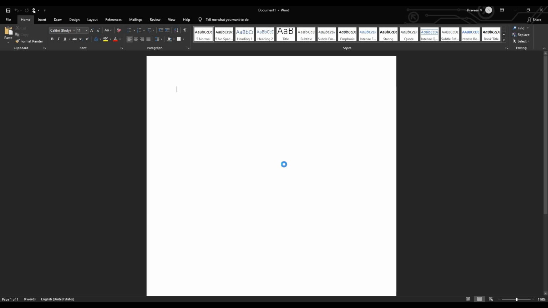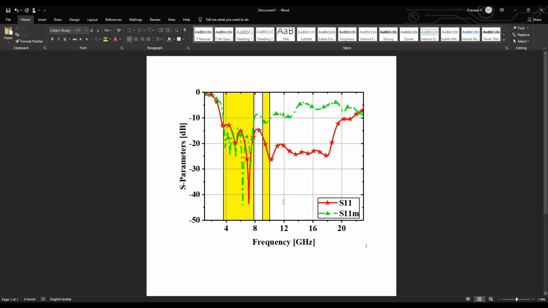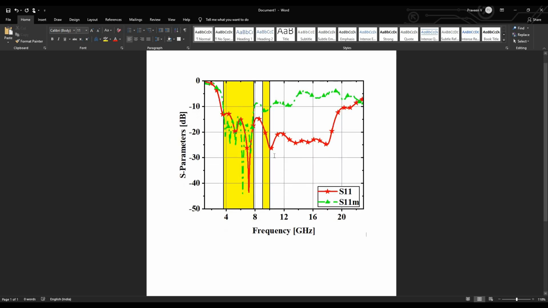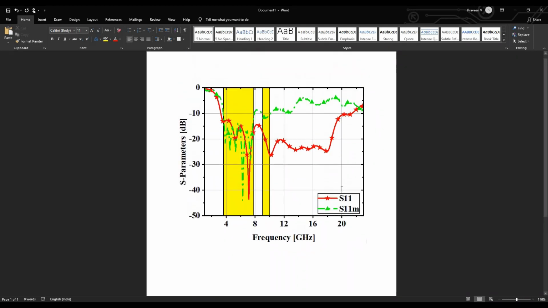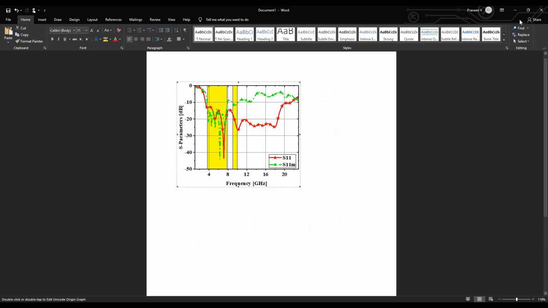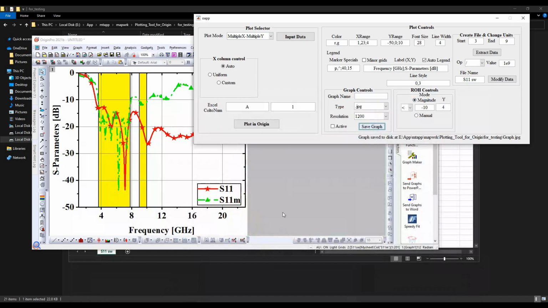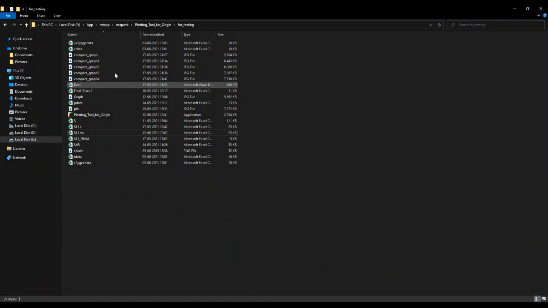I'm now showing you an example. I'm just pressing Ctrl V on my keyboard. So you can see the graph in the window. You can adjust it to whatever size you need, and also the file is saved to the disk.